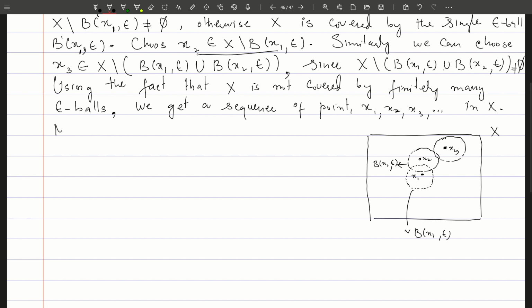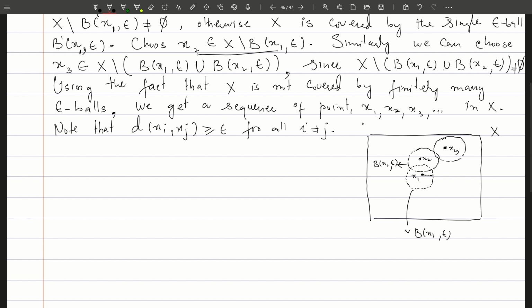Now note that the distance between xi and xj is bigger than or equal to epsilon for all i not equal to j. So one can note over here, if we pick x1 and x2, since this distance is epsilon and we chose x2 outside this ball, the distance between these two points is going to be bigger than or equal to epsilon. So if any two points in this sequence have distance bigger than or equal to epsilon, this sequence cannot have a subsequence which is,